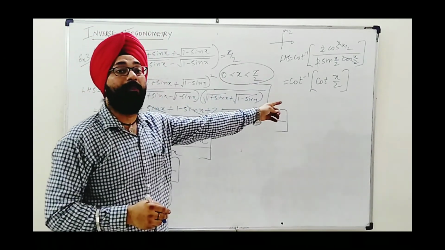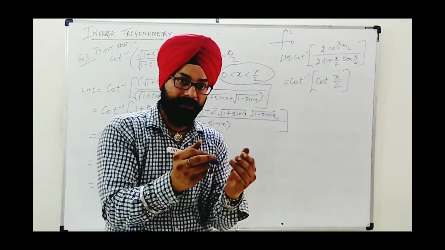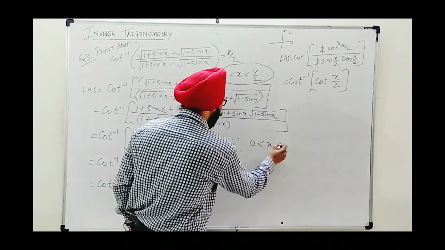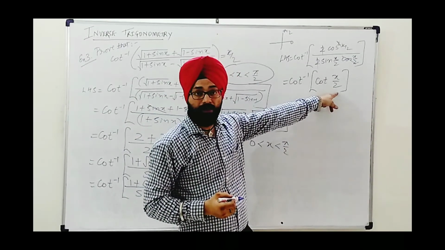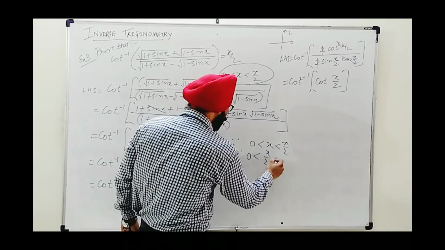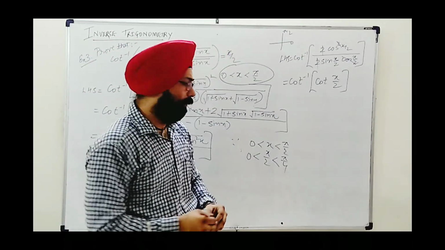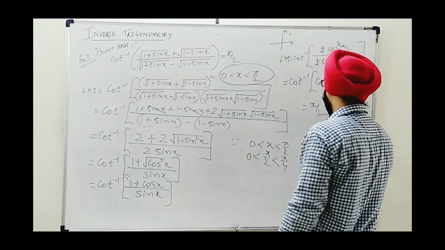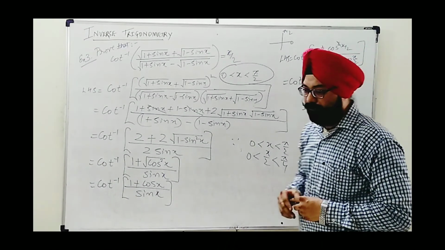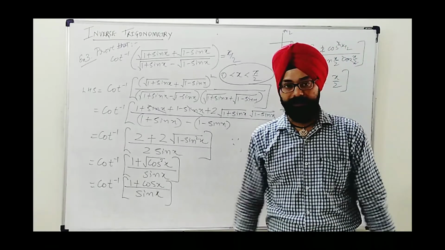Whether x by 2 belongs to the principal domain of cot, we require between 0 and pi, 0 and 180 degrees. We will see. Since x lies between 0 and pi by 2, I need to check for x by 2. I will divide each by 2. So 0 by 2 is 0, and x by 2 goes up to pi by 4. So 0 to pi by 4, again this remains in the first quadrant only. We can cancel this out and finally we have x by 2, proved. I hope that this part is understood. This is to use trigonometric identities in different forms to simplify inverse trigonometric patterns. Thank you.